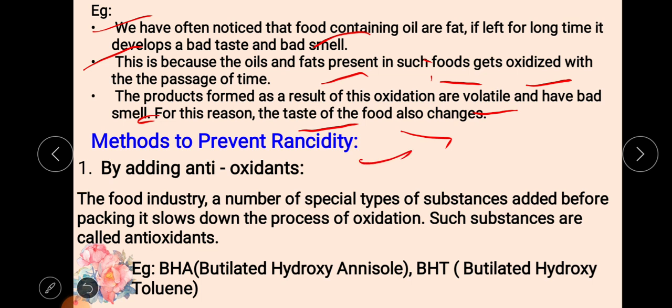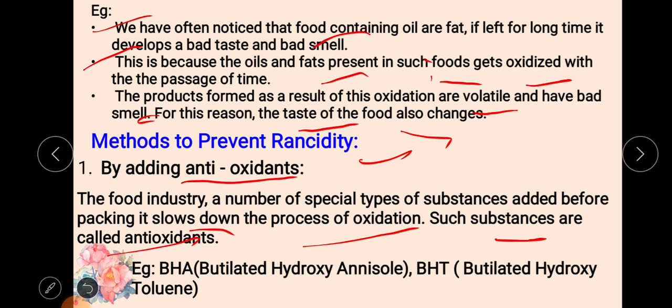Then what are the methods to prevent rancidity? There are four important methods. The first one we are going to learn is adding antioxidants. In the food industry, special types of substances are added before packing, which slow down the process of oxidation and help to avoid rancidity. Such substances are called antioxidants,